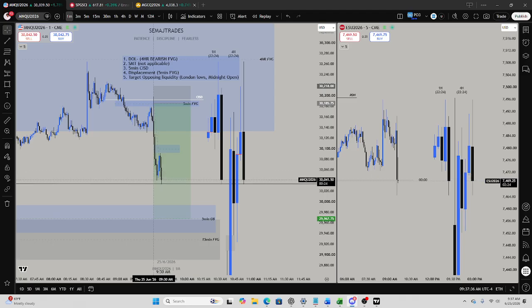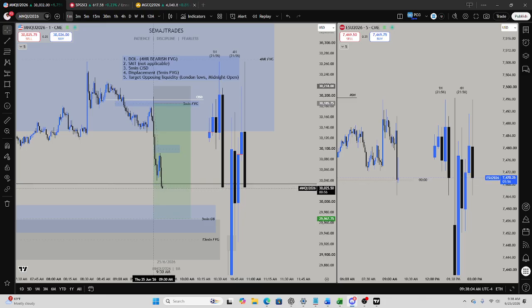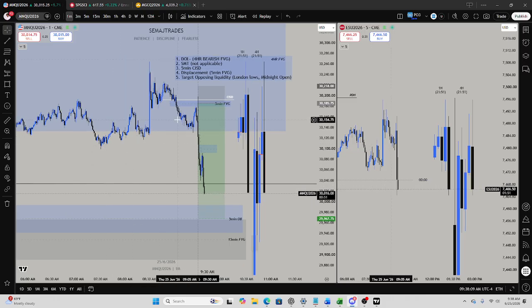But I sent out the bias this morning at 9 o'clock. I got it right on the dot. Sent it out at 9 o'clock for our bearish scenario. I'm about to read it back just in case any of you didn't catch it. We said, with the current upside projection already completed, which we completed at -4 standard deviation when taking our previous day high, I said price is rejecting from the equilibrium of the 4-hour bearish fair value gap. While previous day high and the overnight session highs have already been swept, I said if price gains bearish displacement below the current low resistance liquidity, in which all of this low resistance liquidity is what I'm talking about, I said